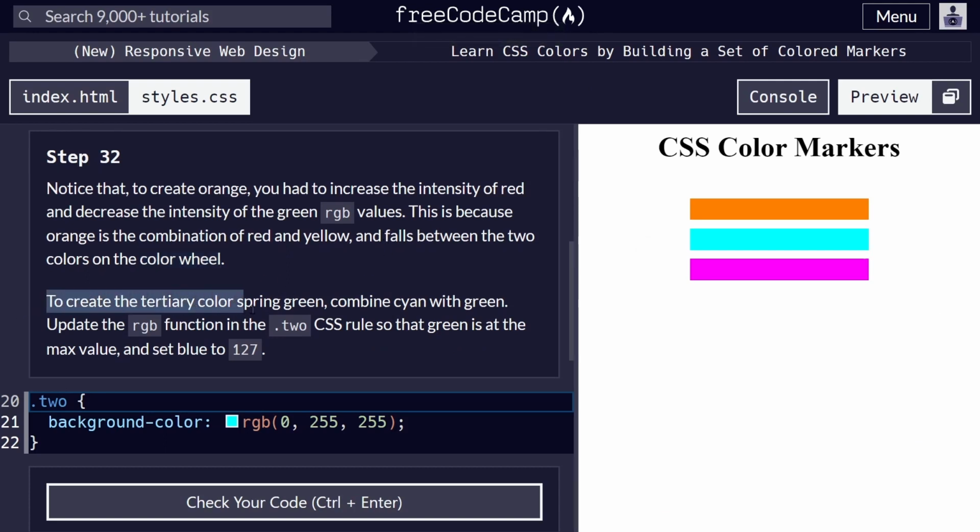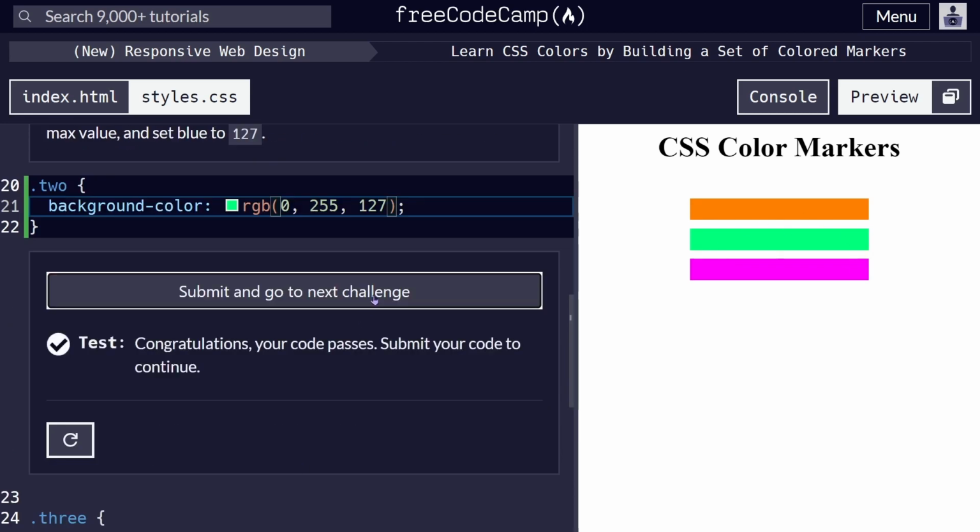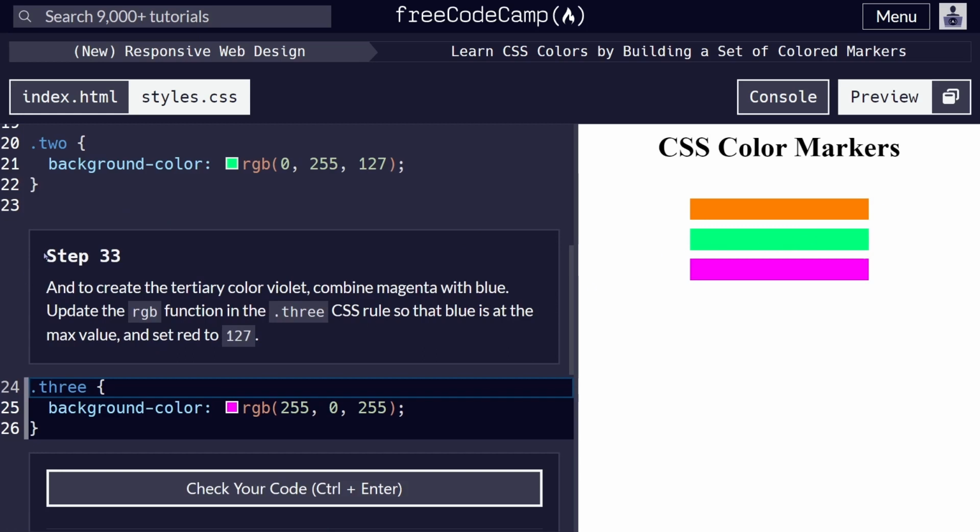To create the tertiary color spring green, combine cyan with green. Update RGB function in the class 2 CSS rule so that green is at the max value and set blue to 127. 他们要创造个 spring green 春天的绿色。绿色调到 max，蓝色少一点，因为它会比较偏绿嘛，所以不能这么蓝。127，就荧光绿，spring green 就荧光绿啊。